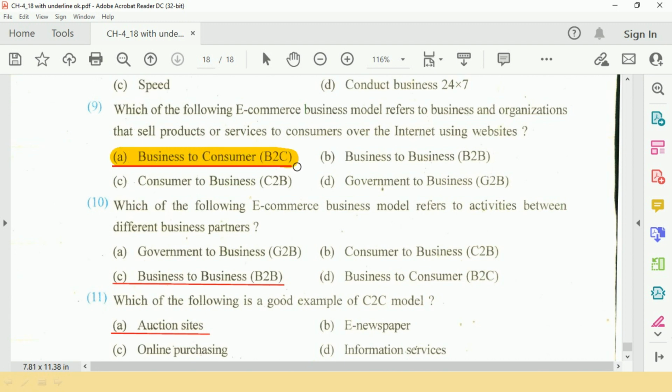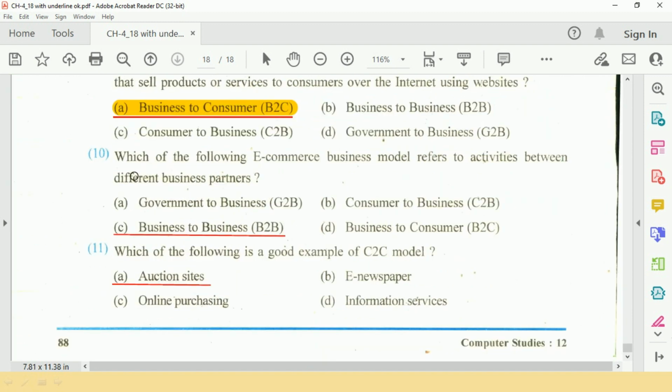A option, business to consumer, B to C. Question number 10 is, which of the following e-commerce business models refers to activities between different business partners? So option C is business to business, it is B2B. Next question is, which of the following is a good example of the C2C model? So all the auction websites. Option A, auction sites.